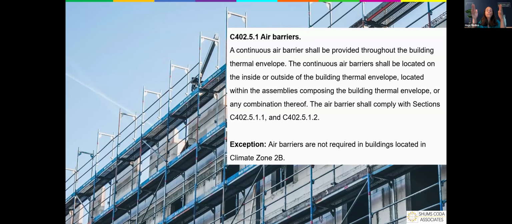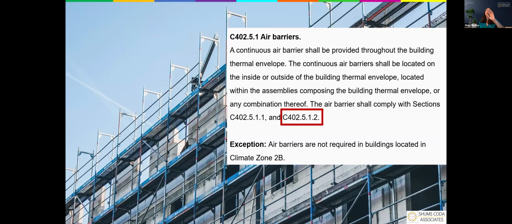So you're going to have that continuous air barrier, and you can have that air barrier located on the inside or the outside. I've seen combinations of the two that are out there, but it's really important to understand that when you are going prescriptive, you're going through C402.5.1, all the way down to C402.5.1.1. This section is saying, hey, don't forget C402.5.1.1 and